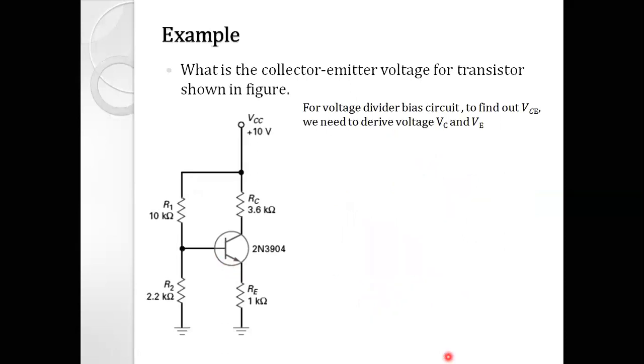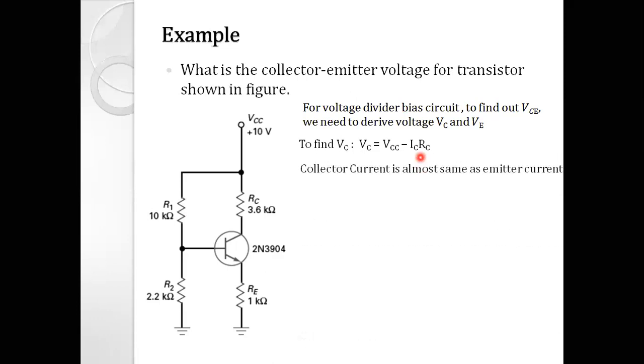Now let us move further to find out VC. So how to find out VC? For that we have to apply KVL at the output section. That is VCC minus ICRC minus the voltage at the collector terminal, VC, is equal to 0, right? Once again, VCC minus ICRC minus VC is equal to 0. And in that equation, when we make VC the subject of the equation, we get VCC minus ICRC. What is VCC? VCC is given in the diagram, 10 volt, right? But